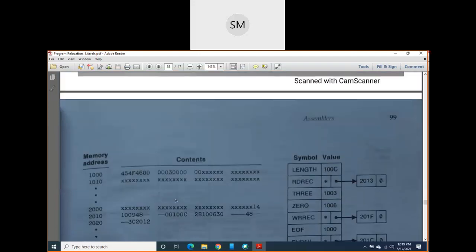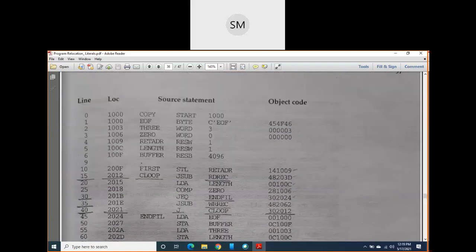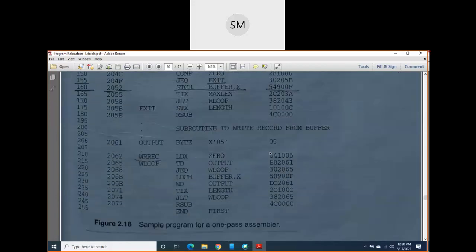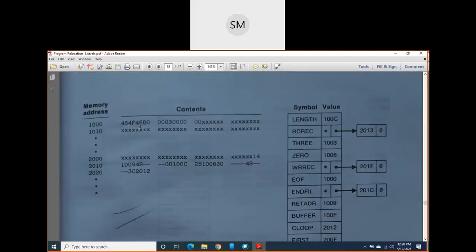For example, go back to the program I just showed, and keep listing these object codes: 454F46 is the first object code, at address 1000. Next is this one, next is this one, which is at address 1006. Between 1000 and 1010, whatever object codes are there are listed, and in the remaining portion you see the first object code, second object code, third object code.